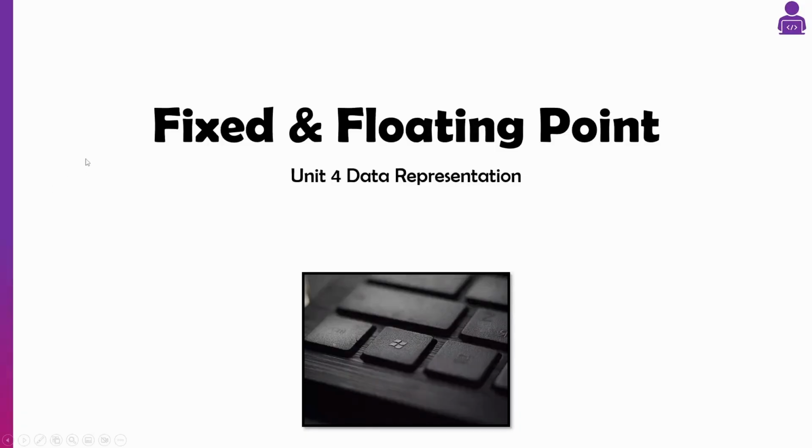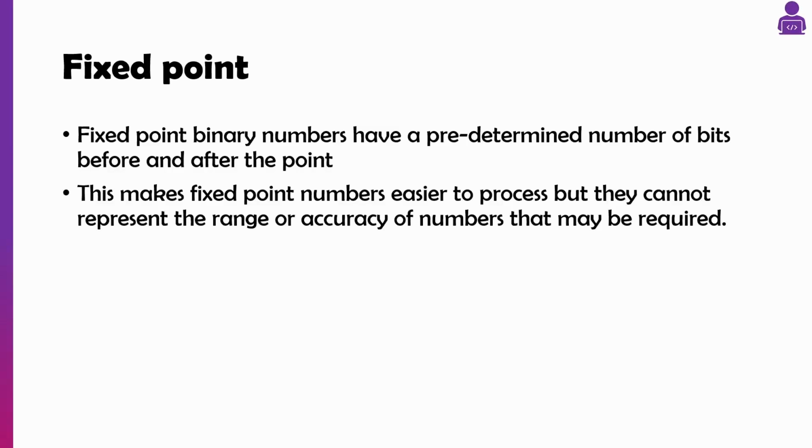In this video we're going to take a look at fixed and floating point binary numbers. So the whole point of fixed and floating point is to represent decimal numbers in binary. Fixed point is where we've got a predetermined position where our decimal point is, which means we can't change that at all. There's only going to be a set amount of numbers we can have and a set amount